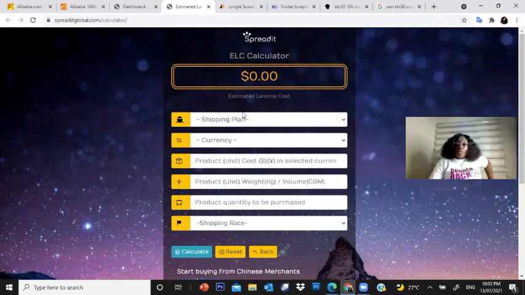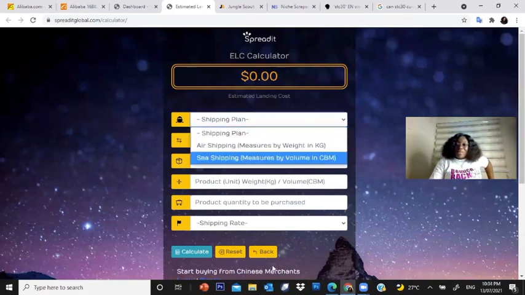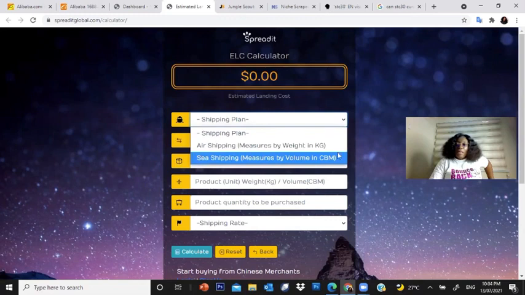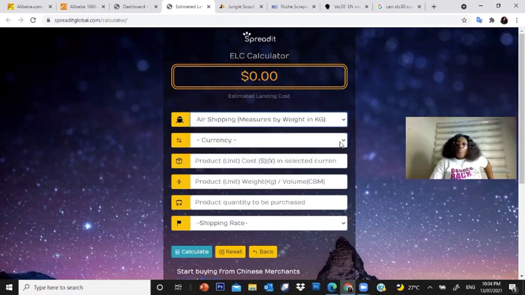So you choose your shipping plan. It's just basically filling this small form here. I want to ship by air, in US dollars. Now, how much is the product? Let me assume the product is $25. And what's the weight of the product? I'm going to use a small weight and a heavy weight so that you're going to see the effect of weight